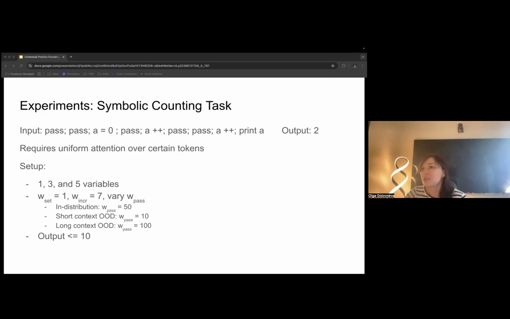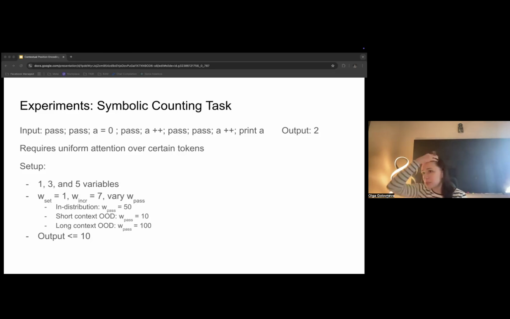To demonstrate this in a controlled setting, we introduce a symbolic counting task where the context is a sequence of operations of three types: set variable to 0, increment it, or do nothing. In this example, we have on the top pass, then we set variable a to 0, then we do nothing, then we increase it by 1, do nothing, increase by 1, and then we expect the model to output the count, the value of the variable a.